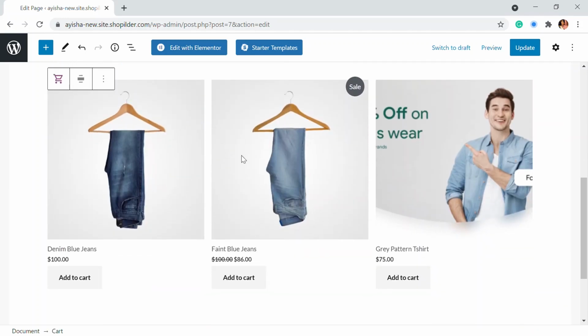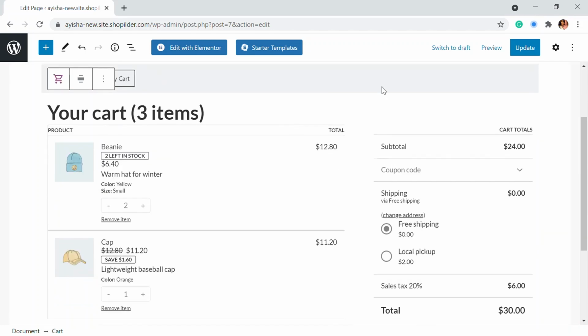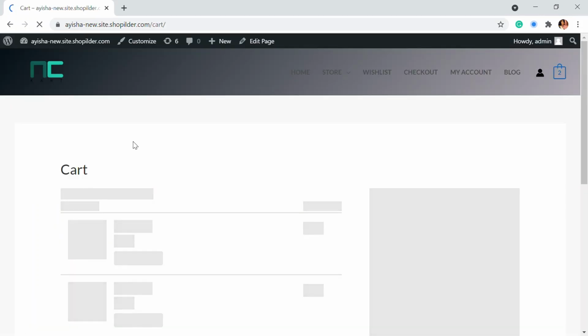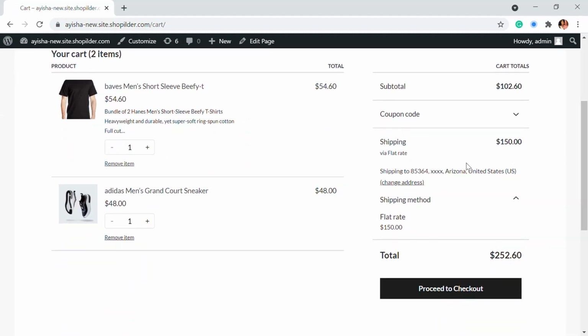Here you can see the new in-store recommendations are also available. So we are just going to update this. I'm going to click on update, and when I click on view pages, you can see that there are two products in the cart, and this looks similar to what it looks like in Shopify. So we have created the cart page.